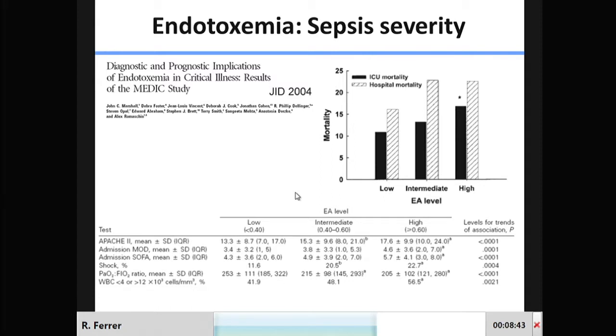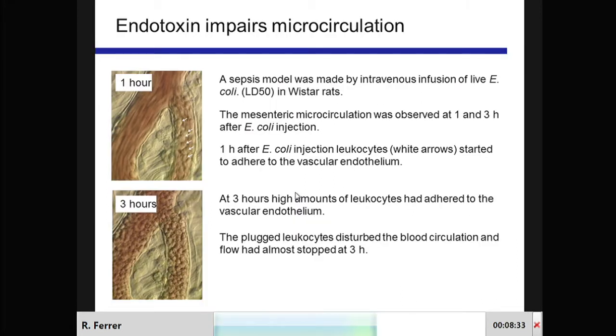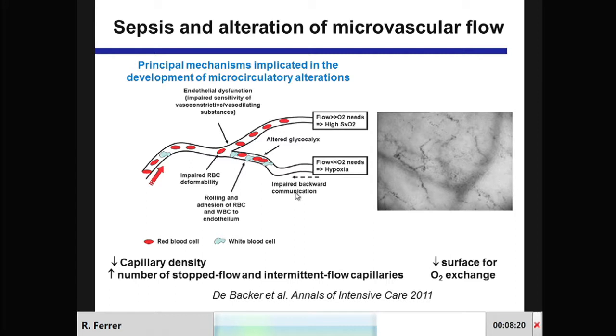In observational studies, the higher the concentration of endotoxin, the higher the mortality, and this has a good correlation with the severity scores. If we look at the specific organs, I'm going to start with the microcirculation. The injection of endotoxin into these animals causes adhesion of leukocytes to the microcirculation. This provokes a stop in the microcirculation, or a reduced or altered flow,